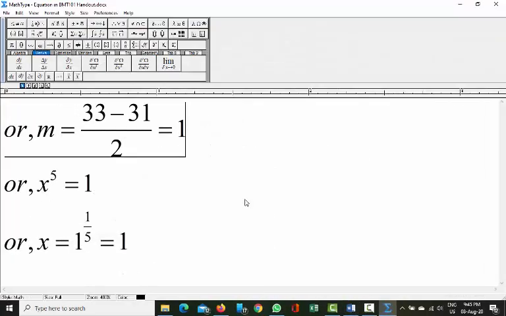Another value of m we got is, as I said before, if you solve that equation, you would get two values of m. So another value of m is 1. As I said, m is equal to x to the power 5, so x to the power 5 is equal to 1. So x will be equal to, if you move this power from the left hand side to the right hand side, 1 power 1 by 5. As you know, 1 power anything doesn't really matter, we will get 1 back. Whatever power you have over 1, you will get your 1 back. So x is equal to 1.